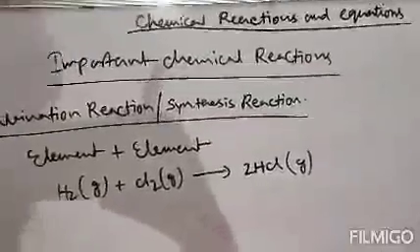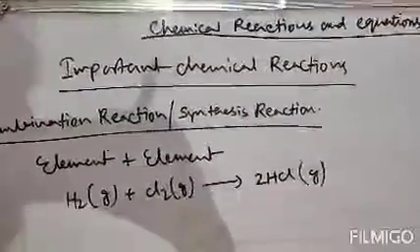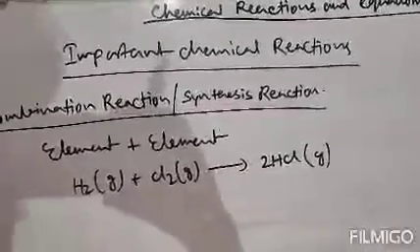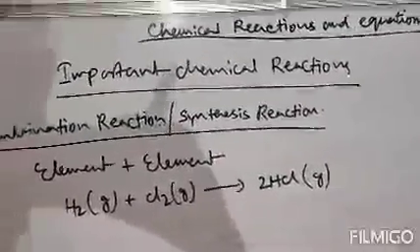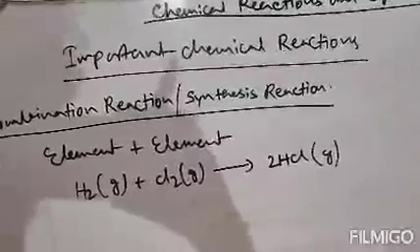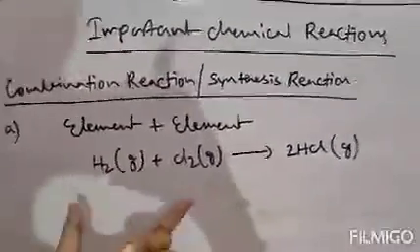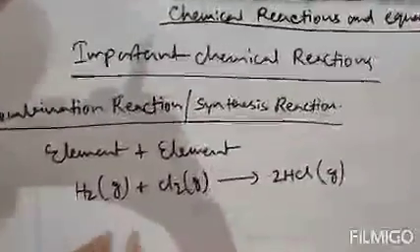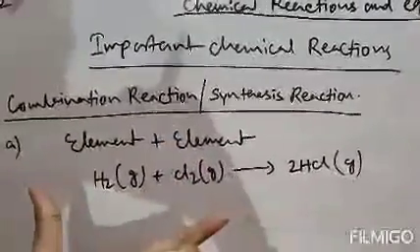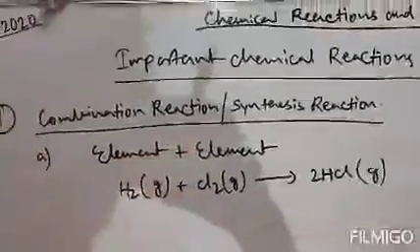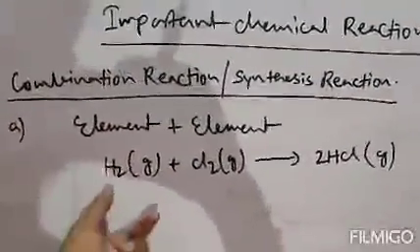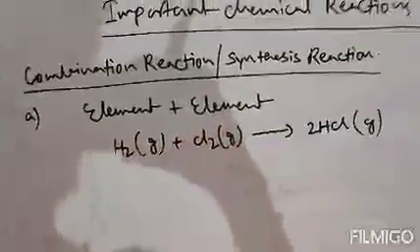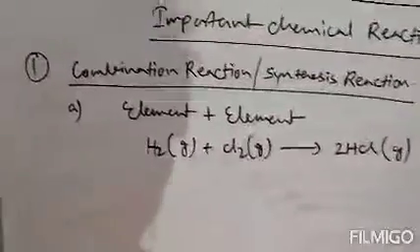It is a compound, because what is a compound? If there are two or more atoms combined together, then they are known as a compound. If there are two or more atoms, then we term them as a compound. Clear? So two elements form a single product. That means basically hydrogen and chlorine combine together. Therefore this reaction is termed a combination reaction. And here hydrogen and chlorine both are elements. Clear? So an element combined with another element.